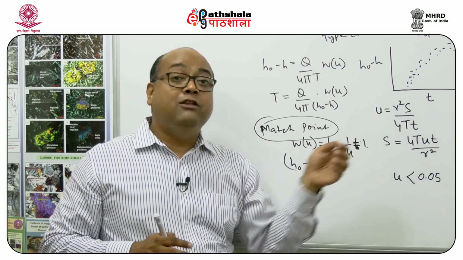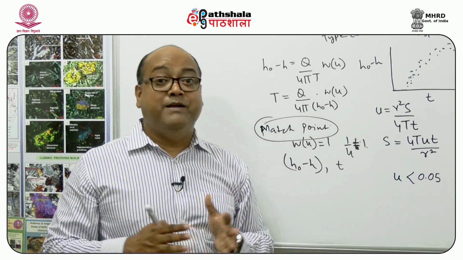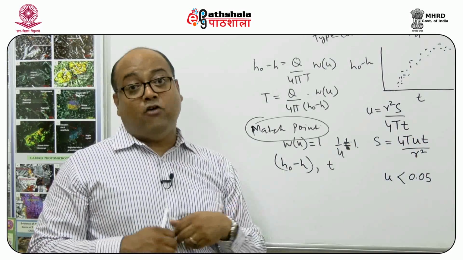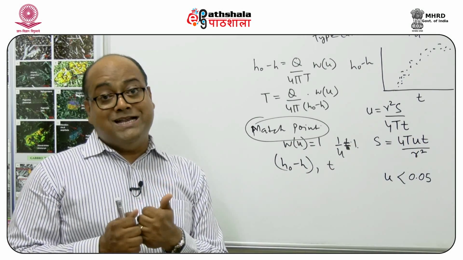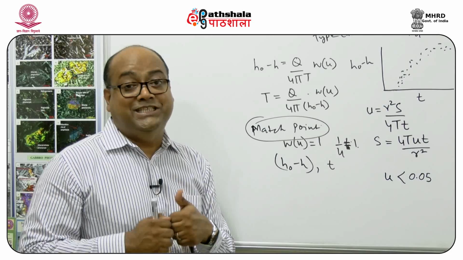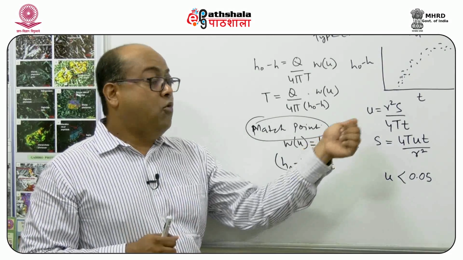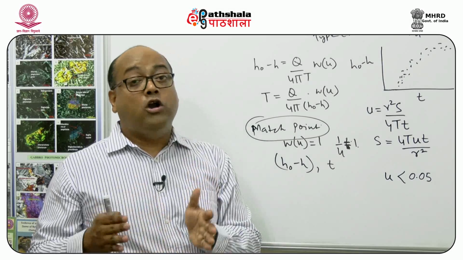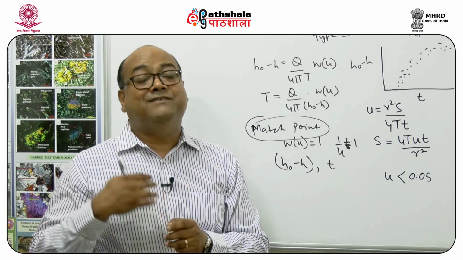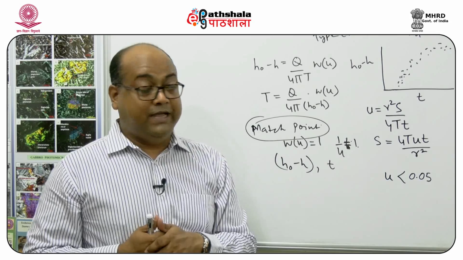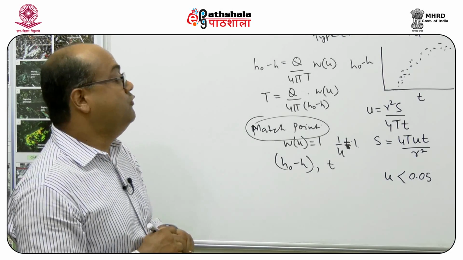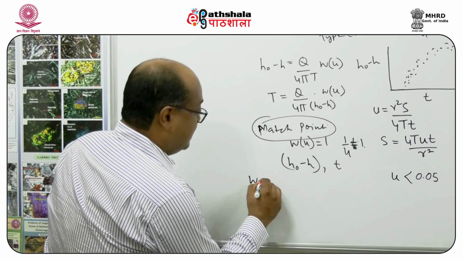Or if the value of T, or the time over which measurements are taking place, is very, very long. So the two conditions required for the Jacob method are, one, the observation has to be either very close to the pumping well, or the observation has to be taken after a very, very long time period. Okay, so now if we look at this equation, the Wu function,